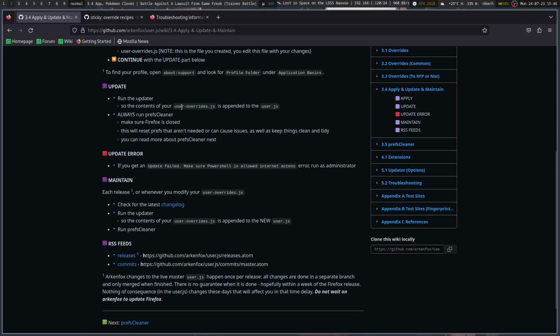Run the updater so the contents of your user-overrides are appended to the user.js. Always run prefs cleaner. Make sure Firefox is closed. This will reset preferences that are no longer needed or can cause issues, as well as keep things clean and tidy. You can read more about prefs cleaner next. Update error: if you get an update failed, make sure PowerShell is allowed internet access. Error, run as an